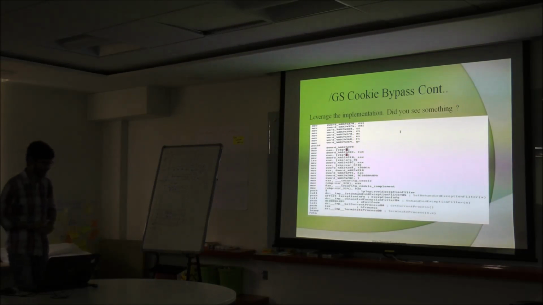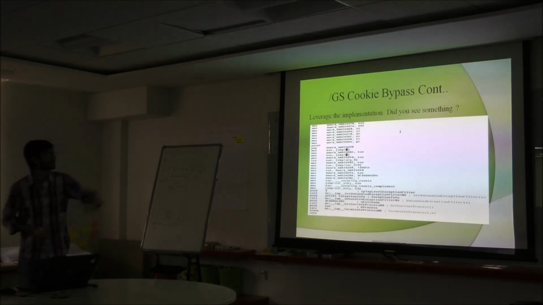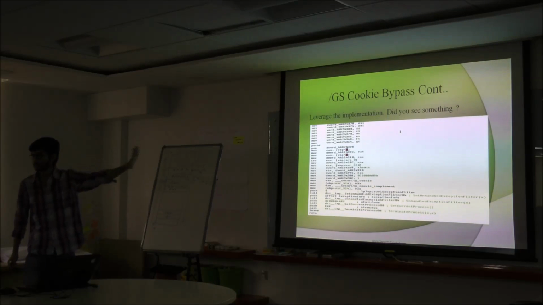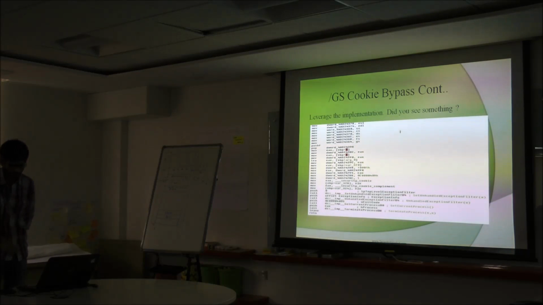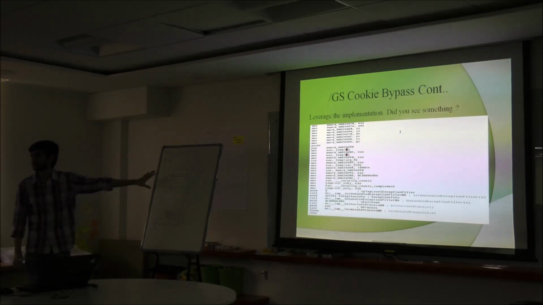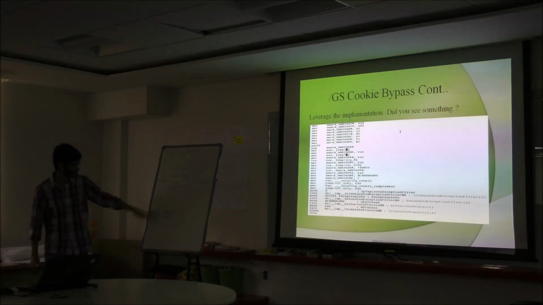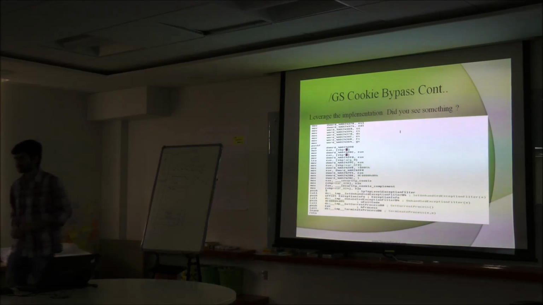But there is another one: what if the attacker uses the security exception handler? This is the report GS failure function, the code chunk that it is jumping to. Here we can see that it is calling some sort of exception handler, setting an exception handler if there is any, and then terminating the process right here. So the game will end here. We will not get to this point. But if there is any exception handler, it may be stored on the stack, and we can overwrite that and execute it as well. But this is the preferred method when we use the bypass.